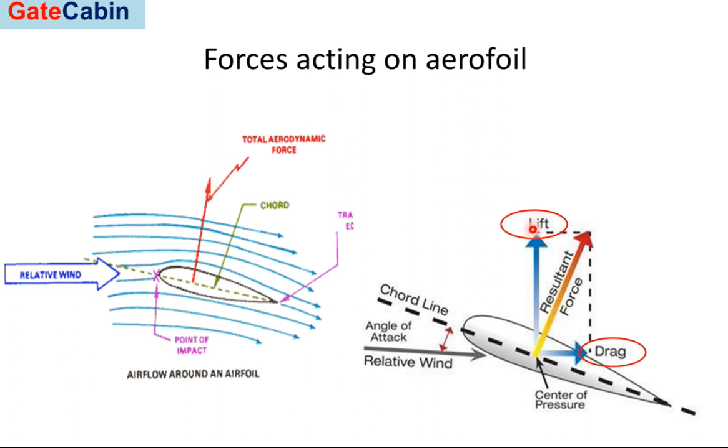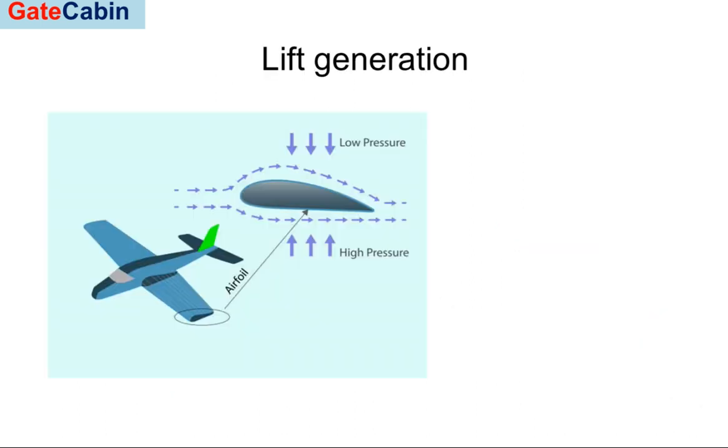Right, so the two most important forces when we are talking about a flying vehicle are lift and drag. Now, how do this lift and drag arise? We talked about Bernoulli's principle: the pressure on the upper surface of the aerofoil as it moves through the air is lower, a suction you can say, compared to atmospheric pressure. A low velocity, low pressure region is created on the upper surface. Comparatively, a higher pressure acts on the lower surface, so a high pressure is set up at the lower surface,